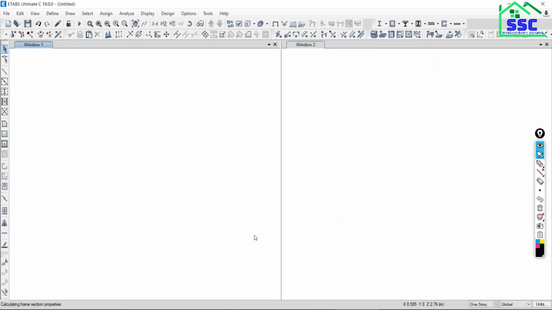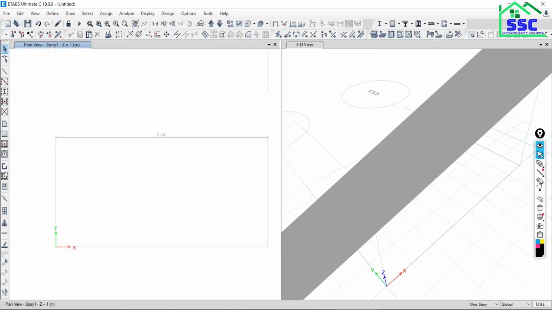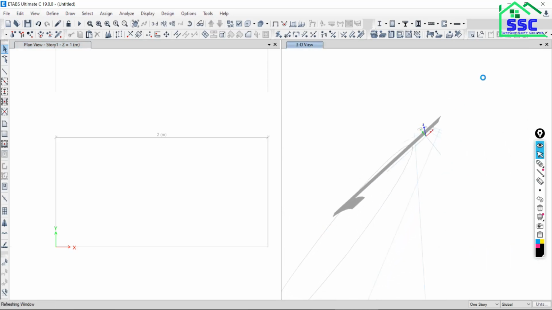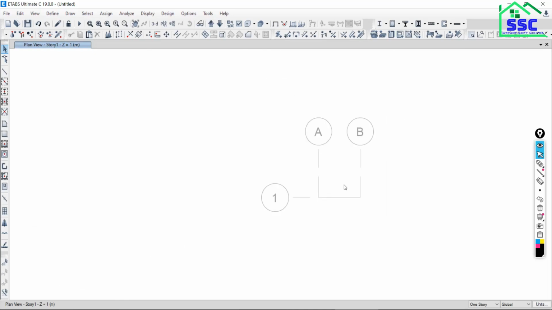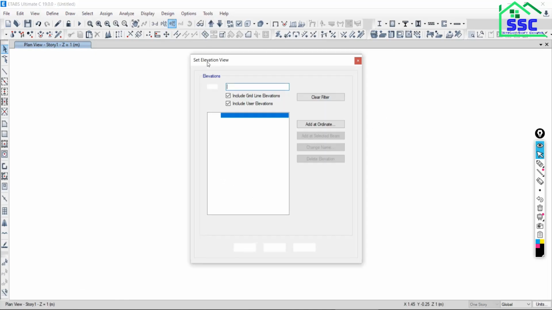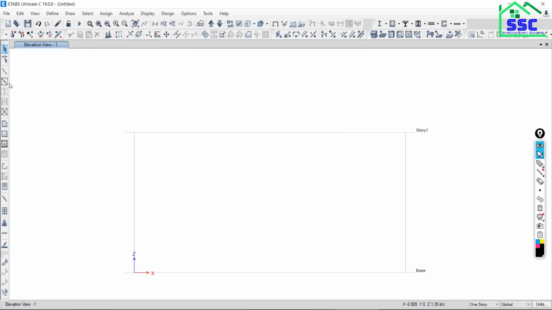Actually I don't need to have any level. Just cancel this one, go to elevation along the grid first, say apply. Now from left to right take the frame, just close this. This is the start point and this is the end point. Why am I working on the story level? Because if I take the point from this to this, by default it will give the support, and again I have to go back to remove the support and all. So unnecessary steps will extend. Is that okay?